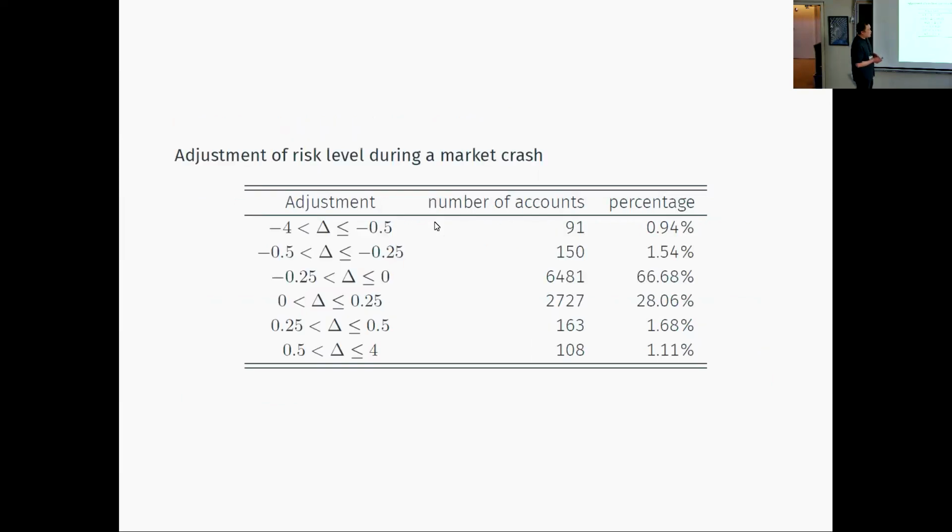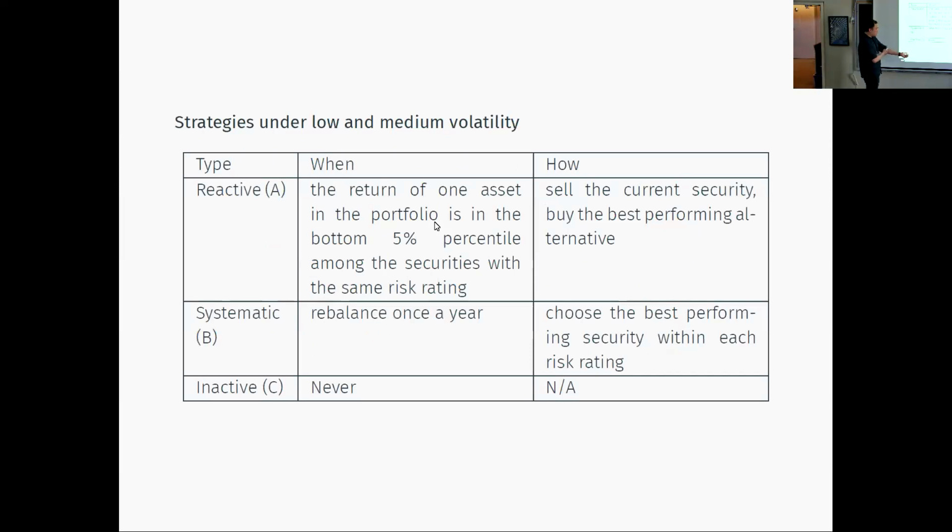So how we proceed with this project is we do need a more detailed description of their trading decision, their trading strategy. Because we are using a hidden Markov model with 3 states, with the first 2 states being normal times and the last state being crash time, it is natural to assume they behave differently during normal times and crash times. So here are the strategies I use for normal times.